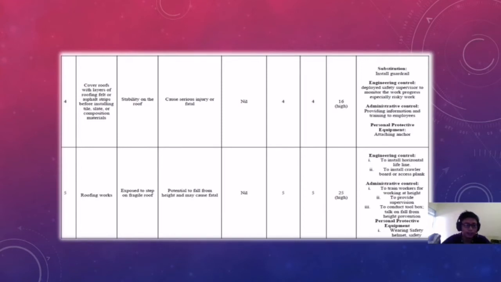Number 5, roofing work. The hazard is exposure to stepping on a fragile roof. The risk is 25, high. For the control measures, engineering control: first, install a horizontal lifeline; second, install a crawler board. For administrative control: train workers for working at height, provide supervision, and conduct toolbox talks. And lastly, personal protective equipment: wear a safety helmet and safety